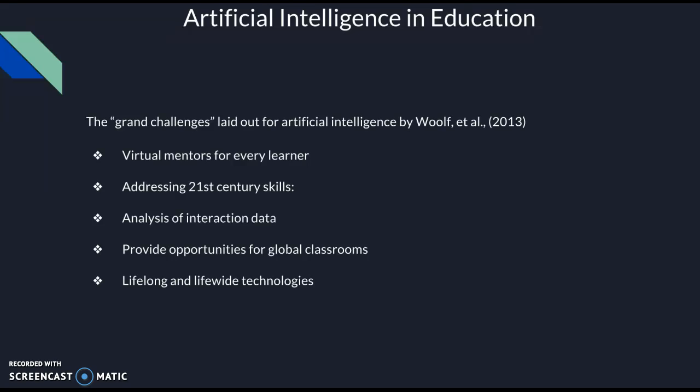This is known as the learning sciences, and the learning sciences address how people learn and how to promote learning in real world situations, such as how to capture learners' attention, keep them engaged with the content, promote the learning of difficult concepts, and teach students to take advantage of the social aspects that they encounter in the classroom. So the major challenge is creating a computer that can do all the things I've listed for every learner.